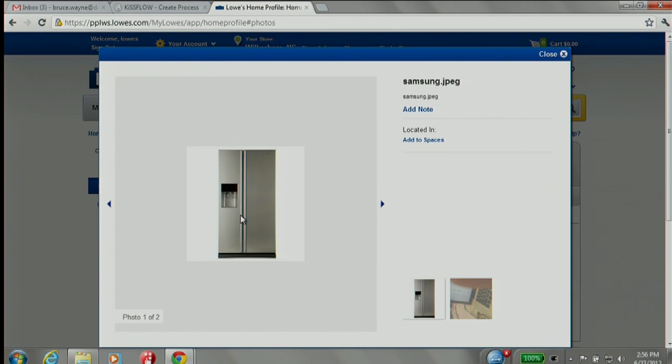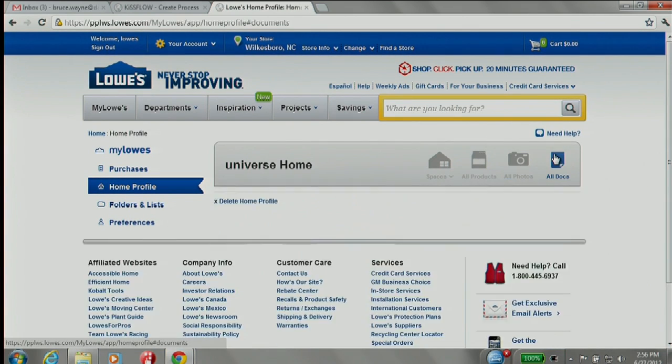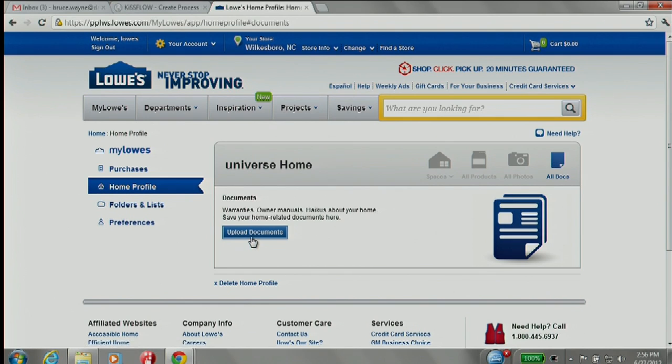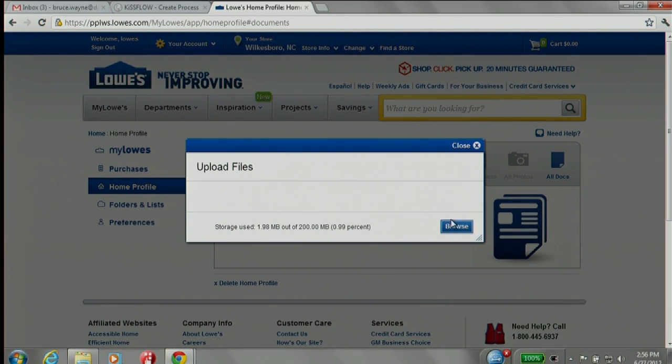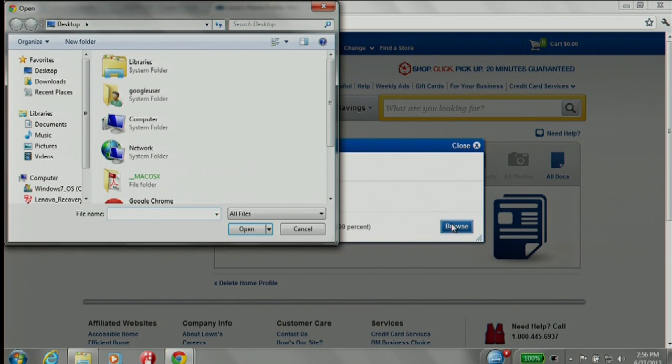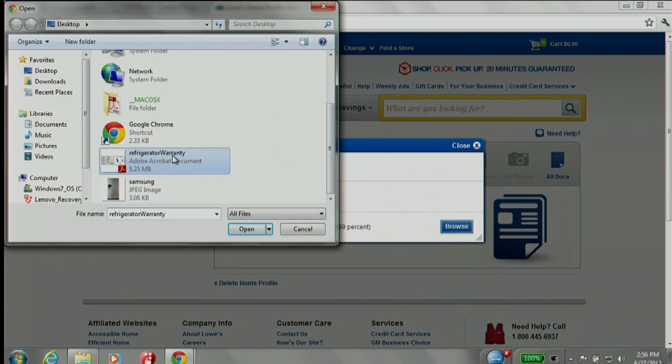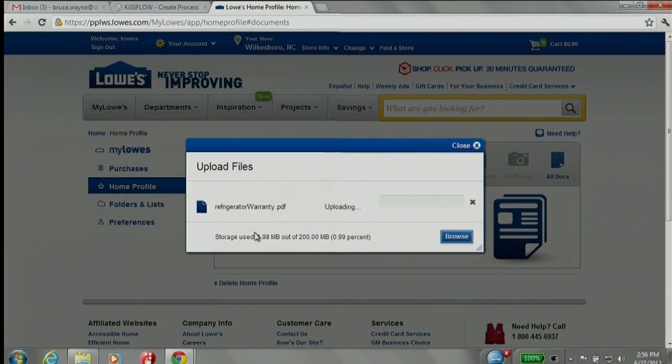So if we go to the Documents tab, say I have the warranty saved on my computer. I just want to upload it to my account and forget about it until I need it. This is a pretty big file.